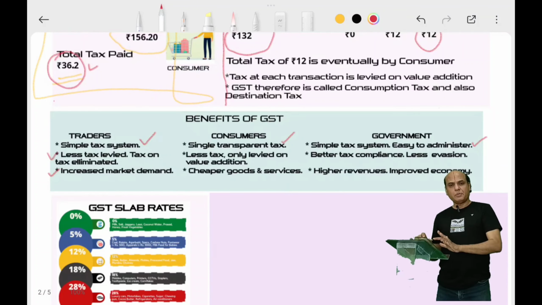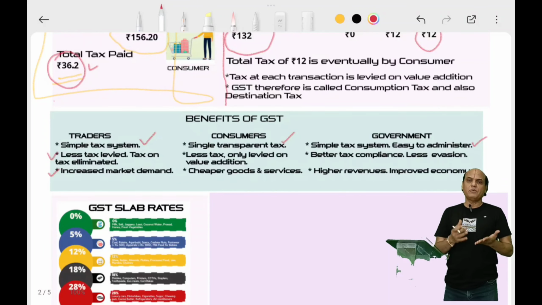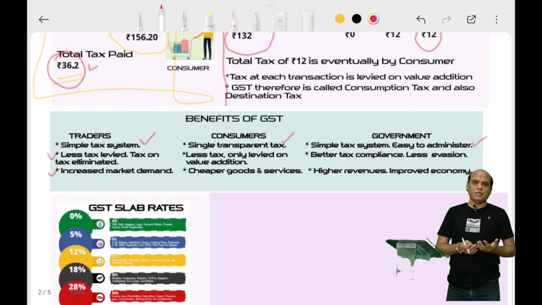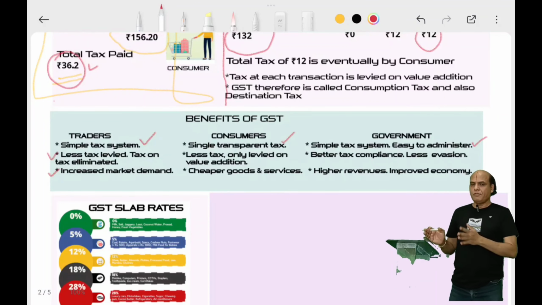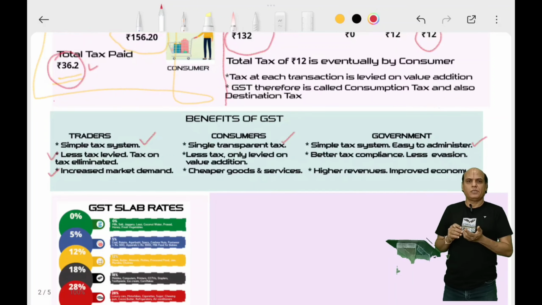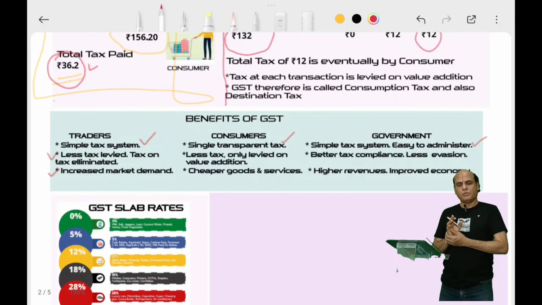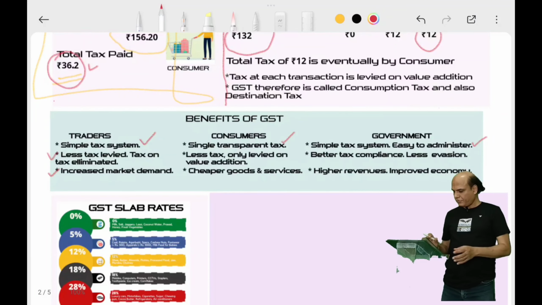So from the consumer perspective, when the price of the final product goes down, they have cheaper goods and services. For example, if I can buy a two-wheeler for 20,000, and in the previous regime it used to cost me 40,000, more people will go to buy two-wheelers. In that way, consumers take advantage of cheaper goods. So they avail more goods, they avail more services.